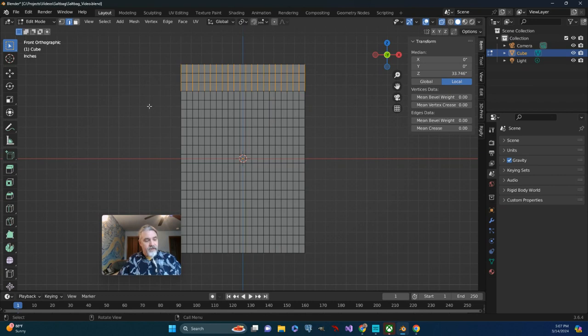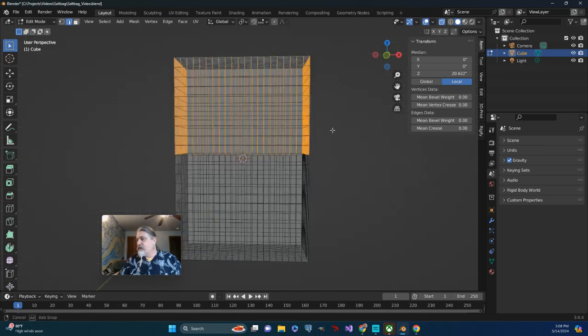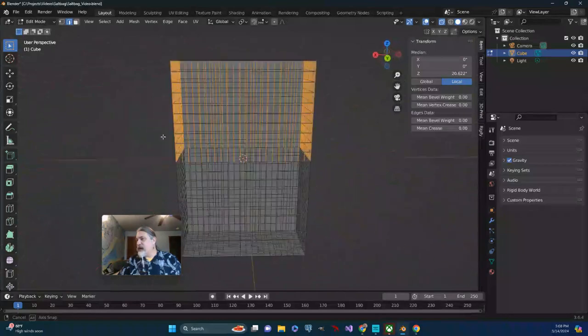And I can, while holding down the Shift key, use the box select tool to just kind of go through and click and select some of these different edges like this. I'll do a couple more. I'm not going to necessarily do the entire thing at the moment, but just to get the gist of it. So yeah, I mean, having moved halfway down, but because I was in X-ray mode, it's grabbed all the way